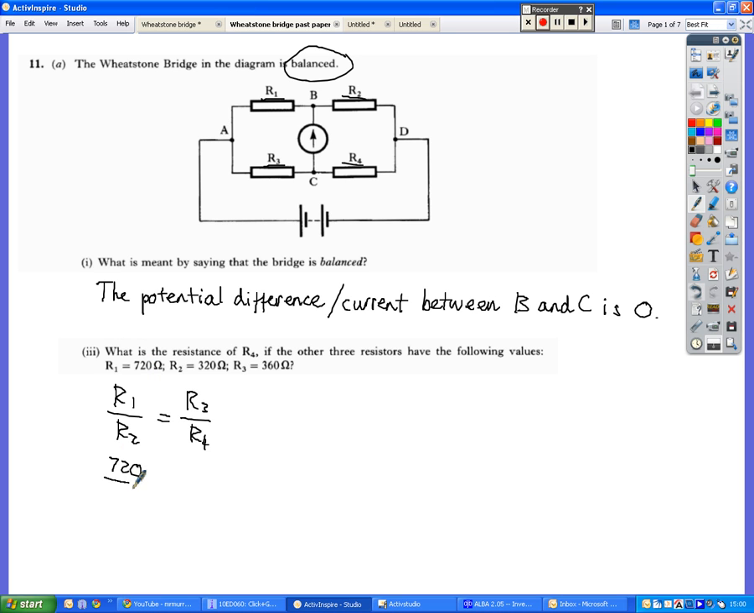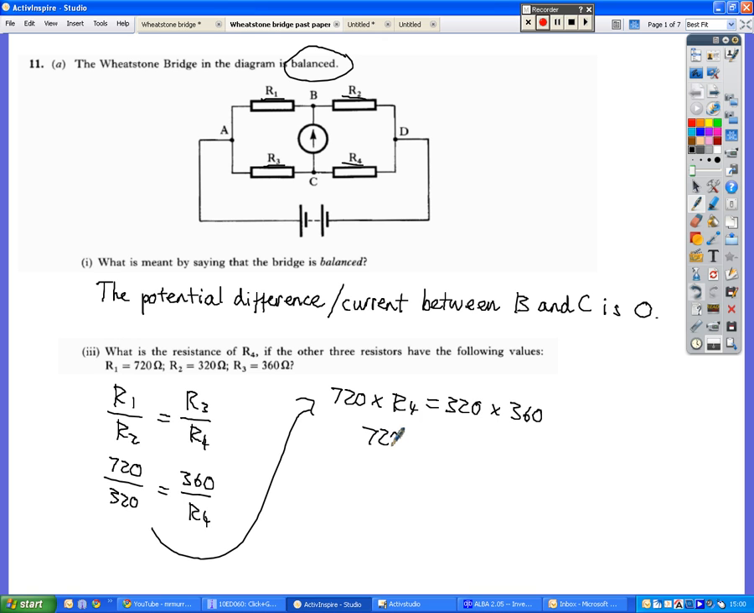So you're looking at 720 over 320 is equal to 360 over R4. So you're going to solve for R4. If you do it the cross multiplication method, I don't have room to fit this in, so we'll just put it around here. So we're looking at 720 times R4 is equal to 320 times 360. So if you calculate the right hand side out first, well, this is obviously going to be 720 R4, and that's going to be equal to